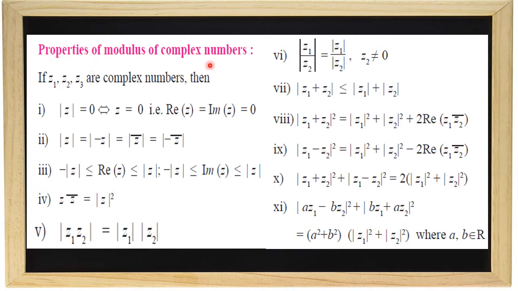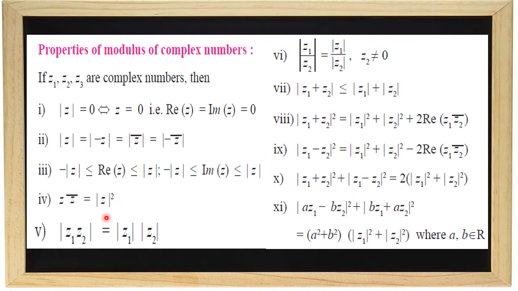If Z1, Z2, Z3 are complex numbers, then modulus of Z equal to 0 means Z equal to 0. That means real part of Z equals imaginary part of Z equals 0. If both real part and imaginary part are 0, it's a zero complex number, then its modulus also will be 0. Now, modulus of Z, minus Z, Z conjugate and minus Z conjugate are equal,